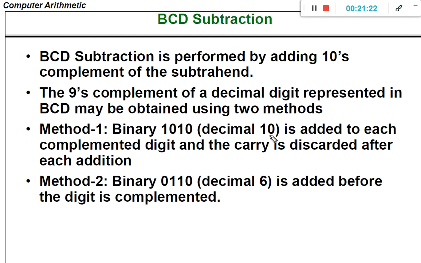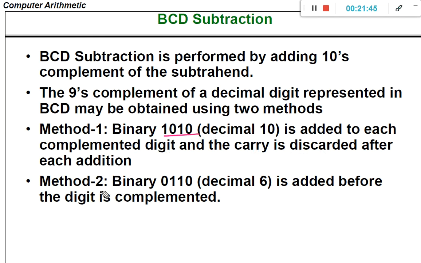Binary 1010 is added to each complemented digit and the carry is discarded after each addition. So initially add binary 1010 to each complemented digit, and the carry is discarded. Then we are going to get the correct result.